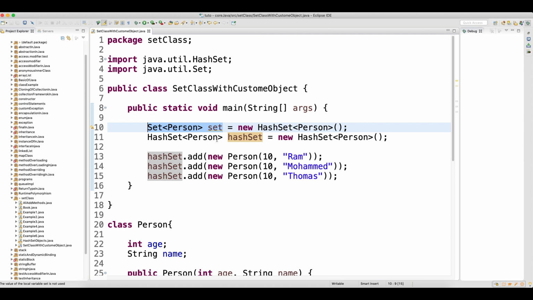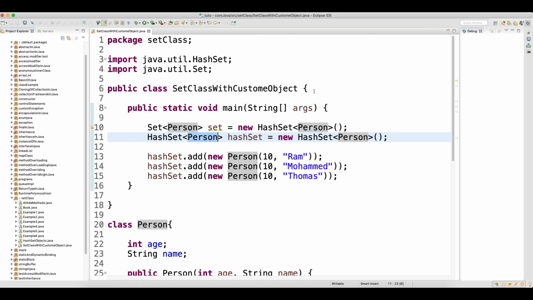So whatever class you have made the reference, the method call will happen from the reference class, but at runtime it will check the method in the child class first. If it is not available, then it will go for the parent class. So here you can see that we can store the object in the HashSet of type Person.